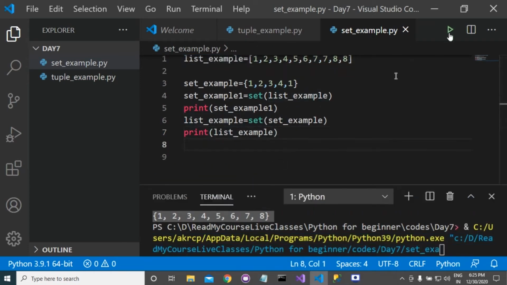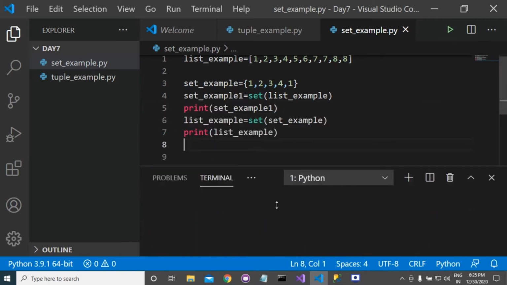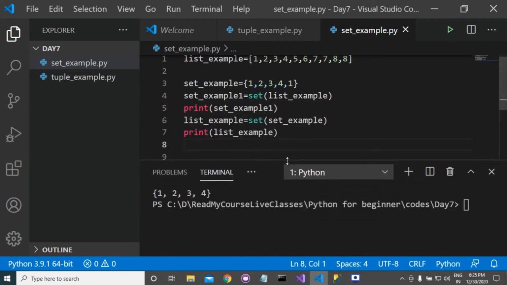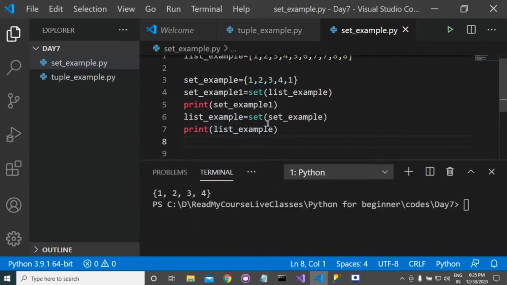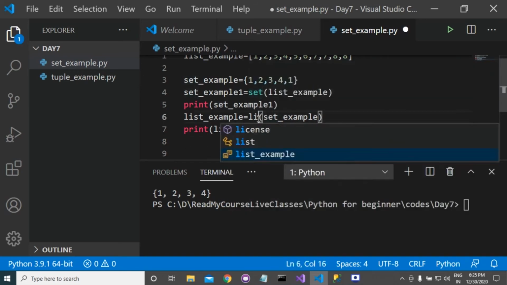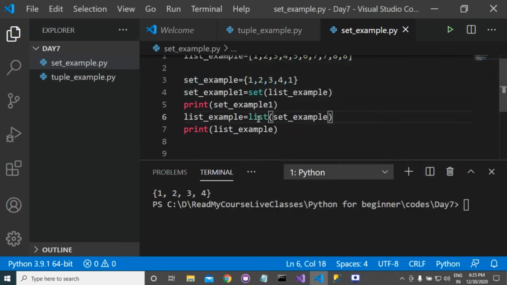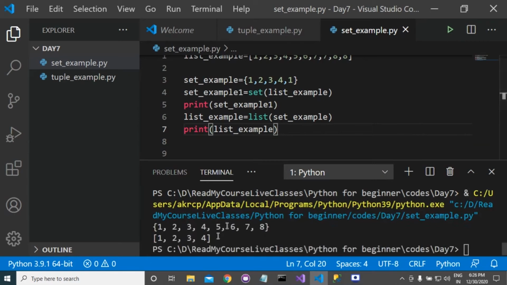Sorry, here you need to write list. Now you can see that it is printing here. We have set example 1.